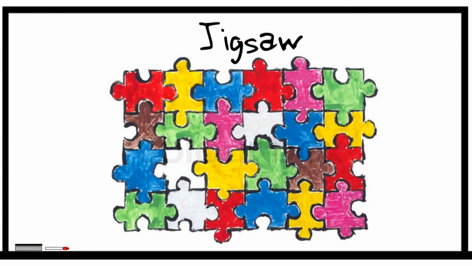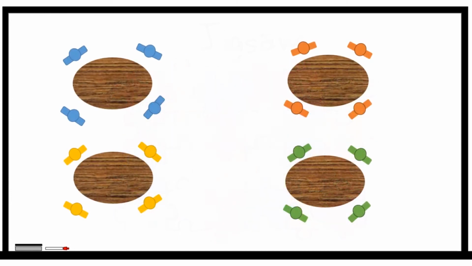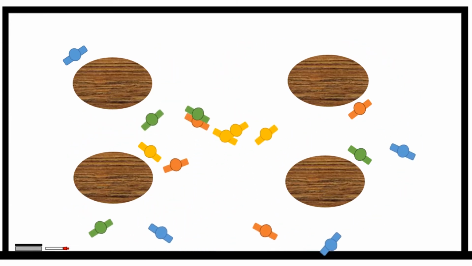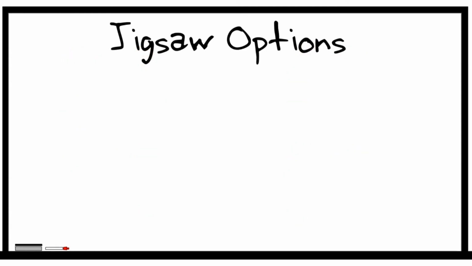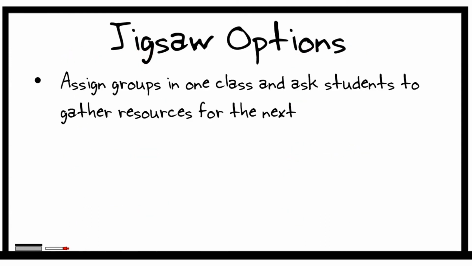The next technique we will call the jigsaw, which is designed for groups of 4 to 6 students. In this technique, students work in small groups to develop knowledge about a given topic and become experts. They then break up and join a new group where they are now the only expert on their topic in the group. Some options include assigning groups in one class and asking students to gather resources for the next,